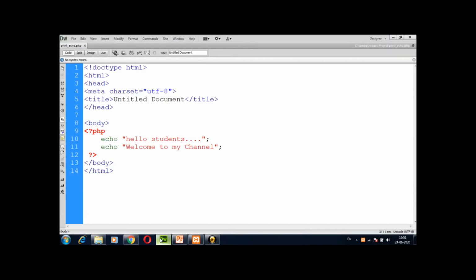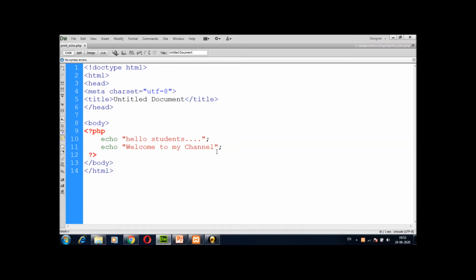See friends, I have written these two statements on new lines. The first syntax is for hello students and the second syntax is for welcome to my channel. But see, in echo and print, we have not discussed any formatted output. That means here I am not going to use any slash n sign or slash p sign, anything else. Even in printf we are not using slash n or slash p. It is formatted output, but formatted output for variable printing. It is not using slash n like C language programming.